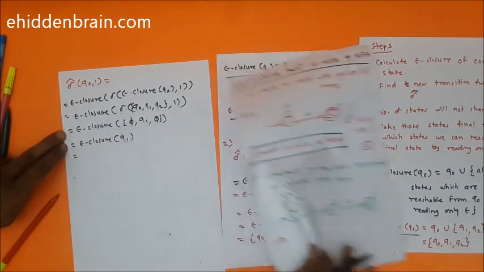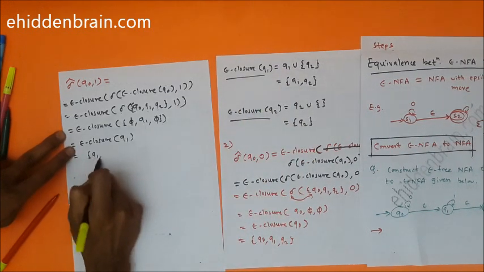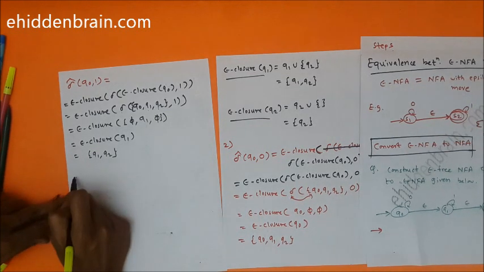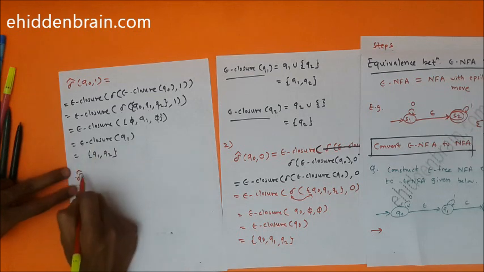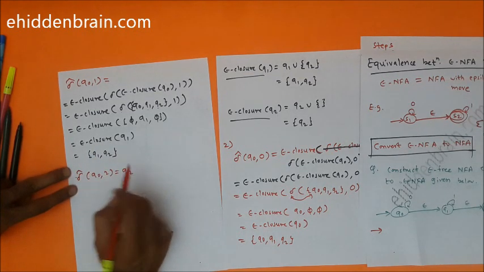Epsilon closure of Q1 is written here. You can see that epsilon closure of Q1 is the set Q1, Q2. And that way you should be able to find all the new transition functions, and I will directly write the transition function. If you understood this, you should be able to draw for Q0,2, which will be equal to Q2,